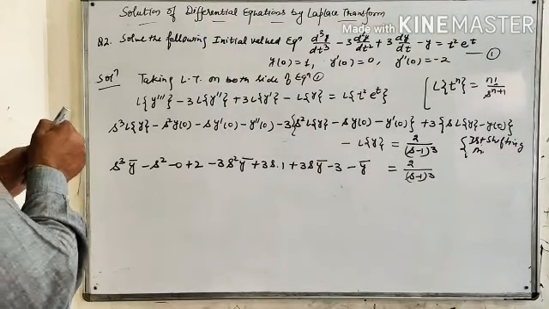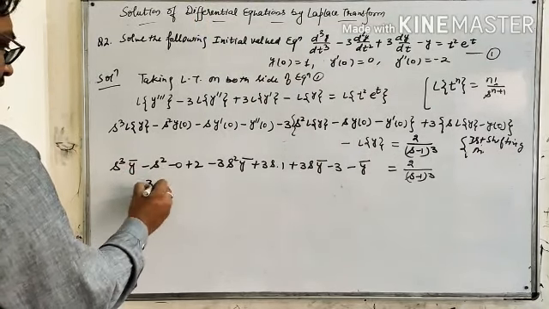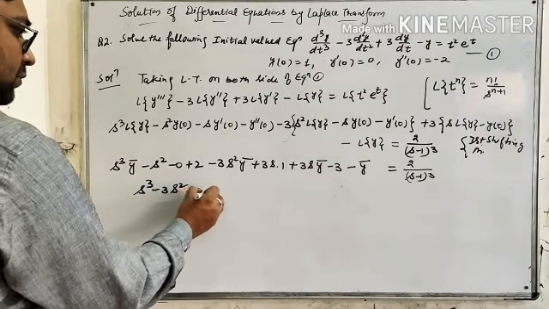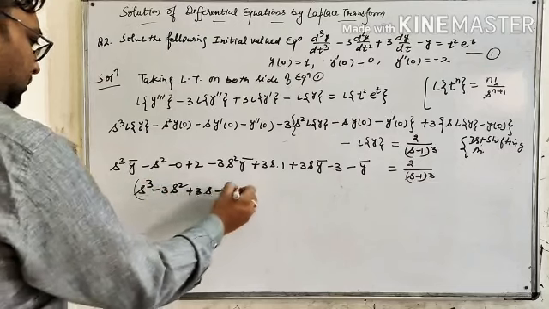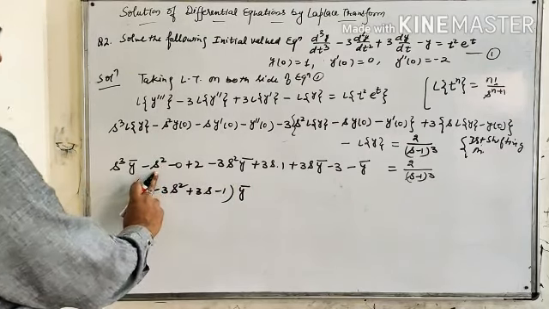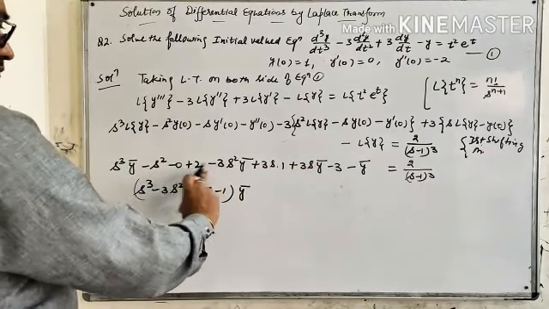Or we can write it as s cube minus 3s square plus 3s minus 1, y bar,